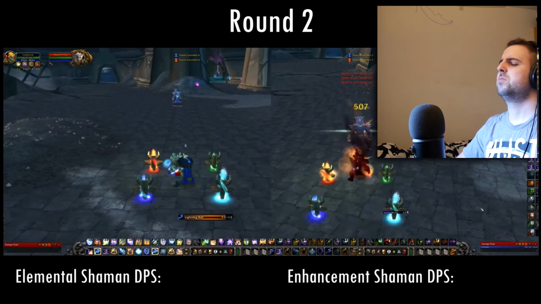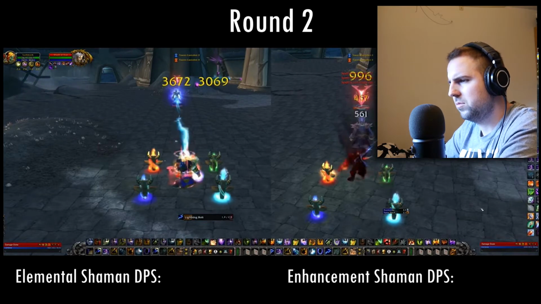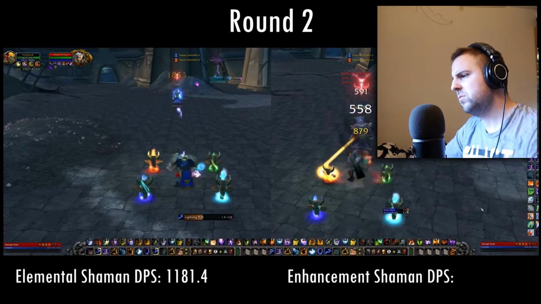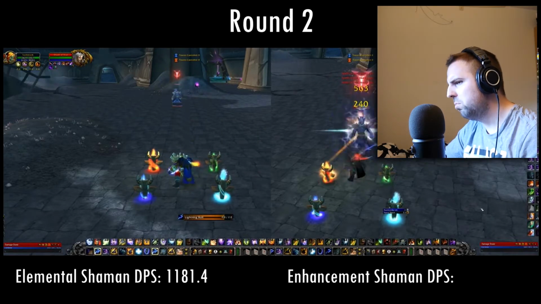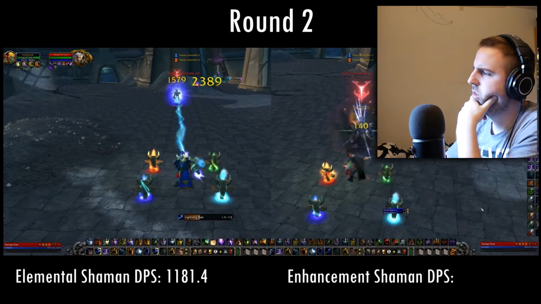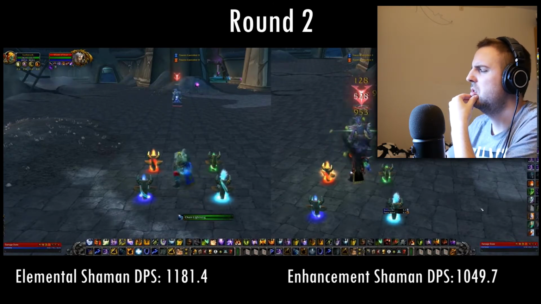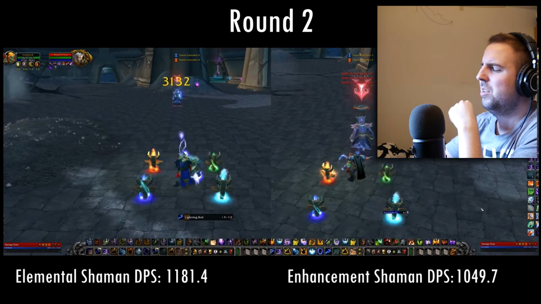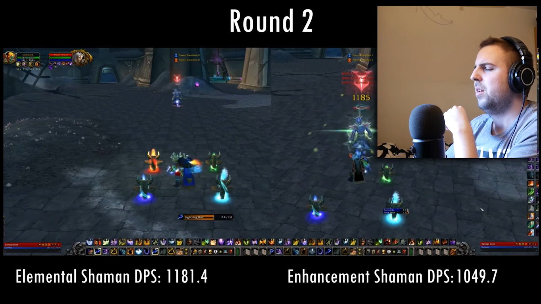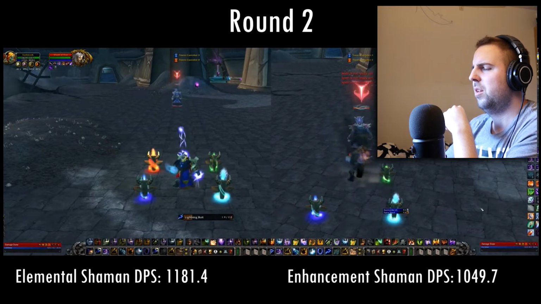Round 2 is with pre-raid best in slot gear, and both classes get some serious upgrades with this gear level. The Elemental Shaman in this gear did 1181.4 DPS, a good increase and a respectable number in this gear. Pretty good. So, can the Enhancement Shaman make it a 1-1, or will the Elemental Shaman continue its winning streak? Well, the Enhancement Shaman did 1049.7 DPS. Still a pretty strong number and a big improvement over the 909.6 DPS it did, but unfortunately it was not enough to best the Elemental Shaman, so the Elemental Shaman is sitting pretty comfortable right now with that